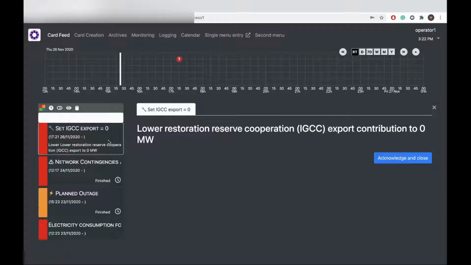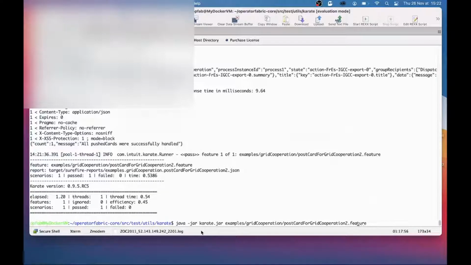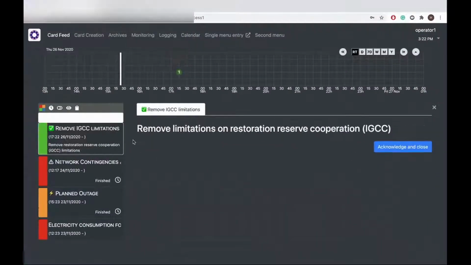So let's say at the final step that the situation has changed and is now back to normal. So the IGCC level is recomputed again to take into account the new situation, and the card will now be updated and it will turn to green to say that, well, everything is good, we can go back to the normal level, and we can participate to restore the frequency level if needed. So as you can see, a card can be updated to inform about